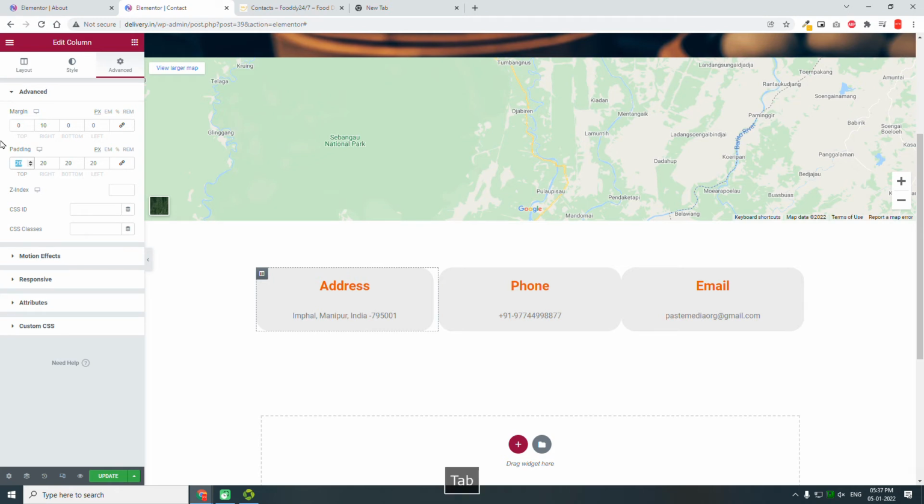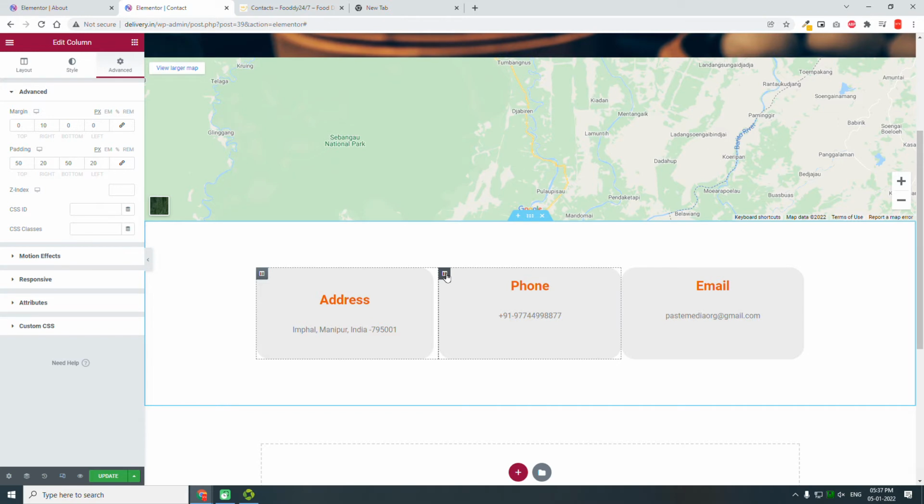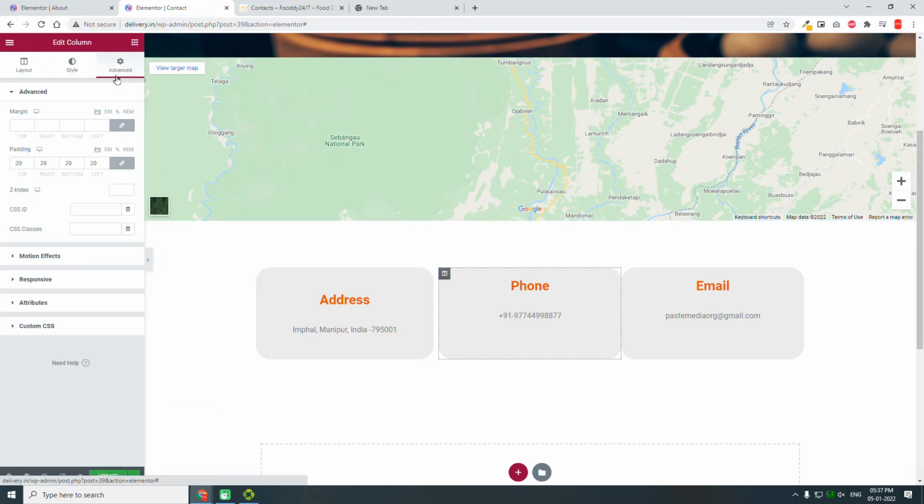Top 50, bottom 50. Here, and go to this column, second column, padding about 5 to the left, 5 to the right,